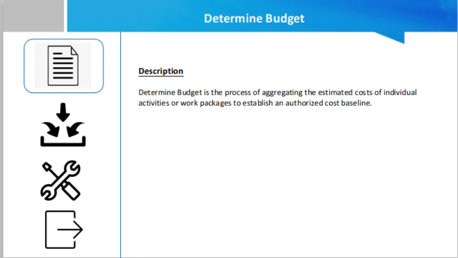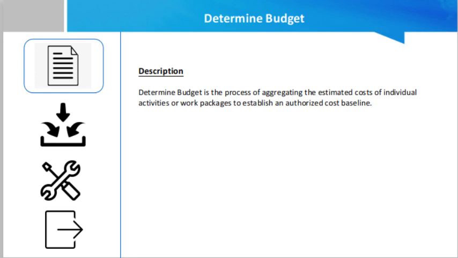Friend, Determine Budget is the process of aggregating the estimated cost of individual activities or work packages to establish an authorized cost baseline. The key benefit of this process is that it determines the cost baseline against which project performance can be monitored and controlled. A project budget includes all the funds authorized to execute the project. The cost baseline is the approved version of the time-phased project budget that includes a contingency reserve but excludes